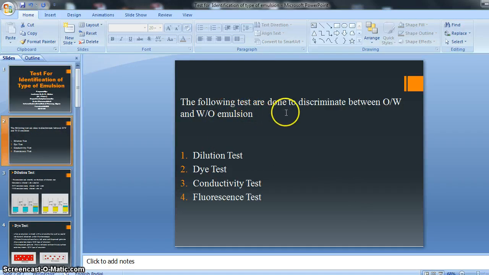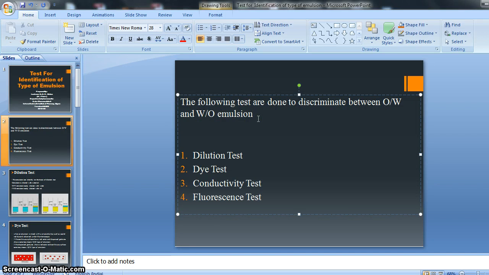The following tests are done to discriminate between OW and WO type emulsions. When we formulate an emulsion, it will be either OW type or WO type, and that is identified with the help of various tests: the dilution test, dye test, conductivity test, and fluorescence test.